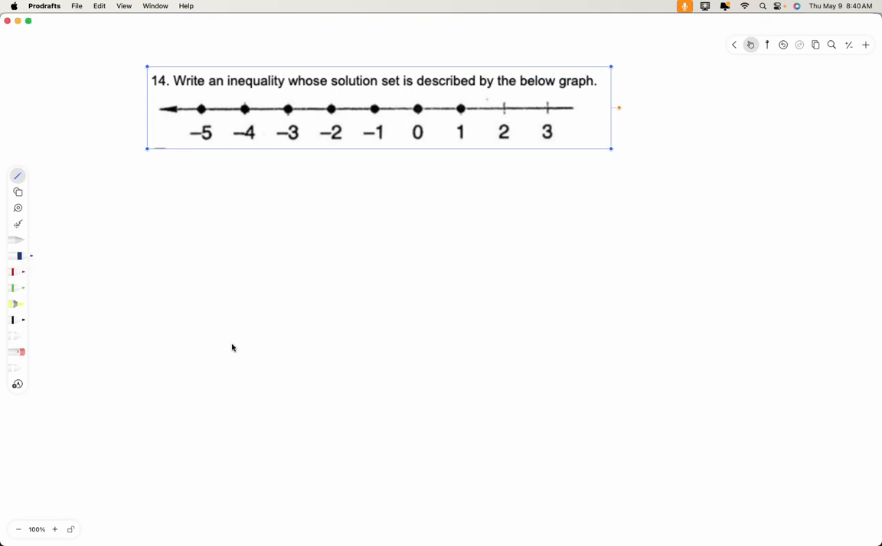All right, in this problem, it says write an inequality whose solution set is described by the below graph. So here's what I'm seeing. I'm seeing everything less than 2. Right? This is the x-axis. So x is less than positive 2. That's the first blank. And your domain is equal to